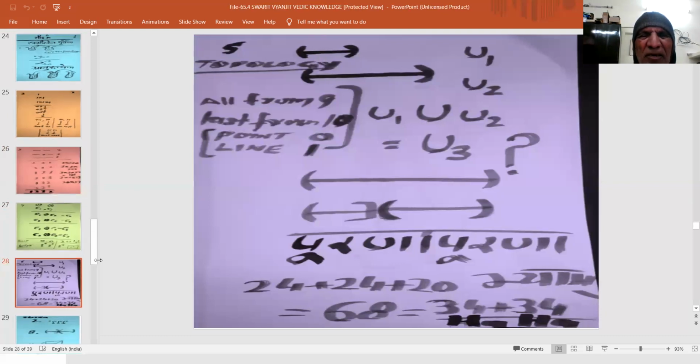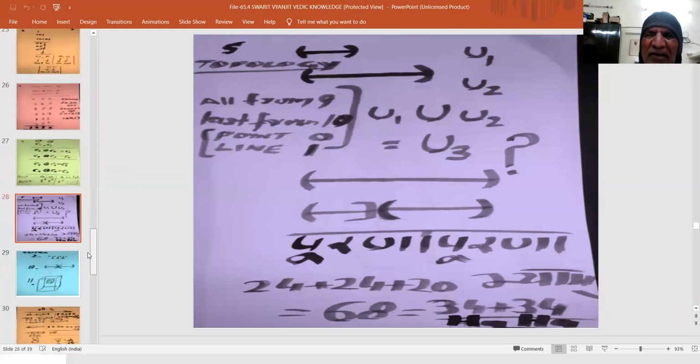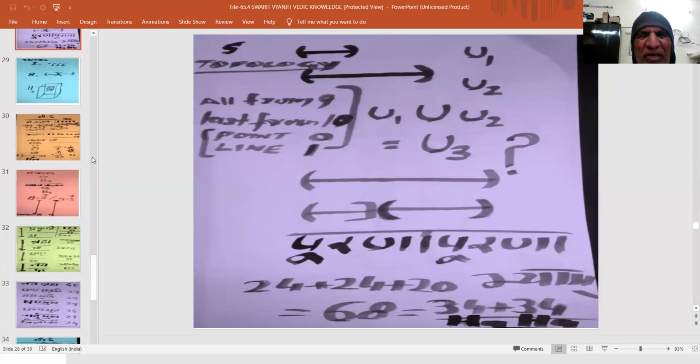The topology as we are working deserves to be revisited in the light of the Ganita Sutra 2, all from 9 and last from 10, and Purana Puranbhyam and Vyasti Samishti.